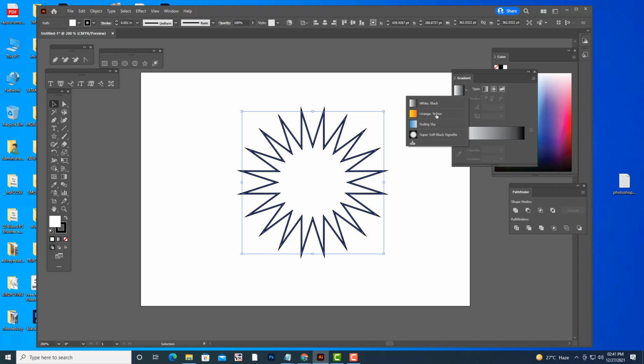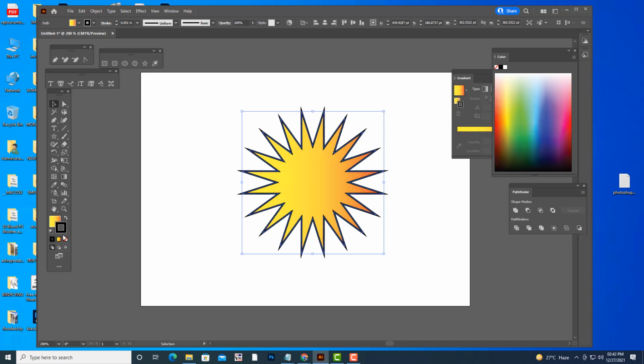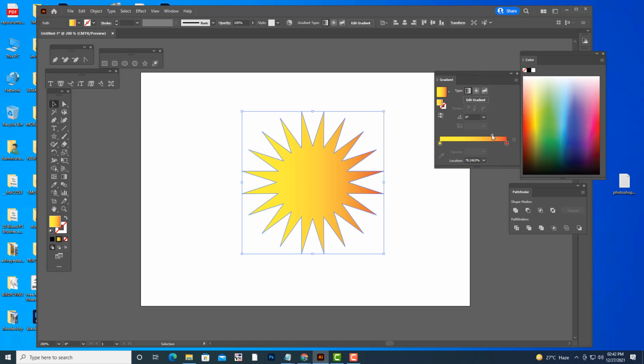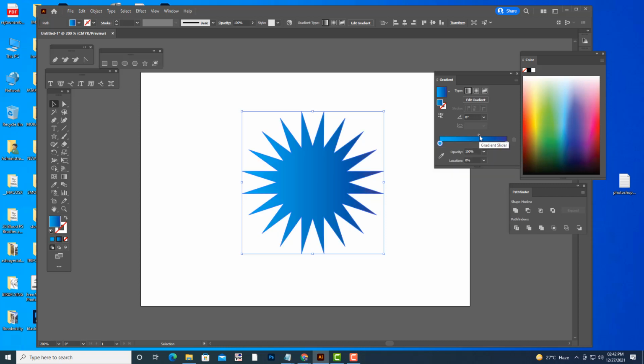We'll apply blue and dark blue, and we will also turn off the stroke. Okay, so we'll take a dark blue and light blue.